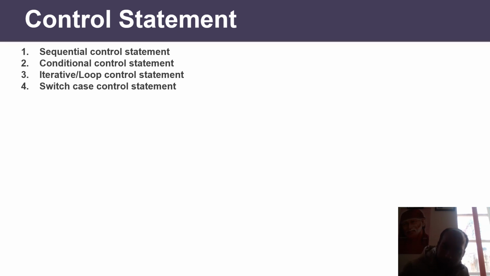Iteration and loops: when you want to execute your task again and again till the specified condition is true, you use iteration. The syntax is the same. All loops are the same: for, while and do while. The working is very similar, no difference at all from C, C++. So I assume that you must know all these basic things. Even switch case is very similar, no difference at all, the syntax is the same.